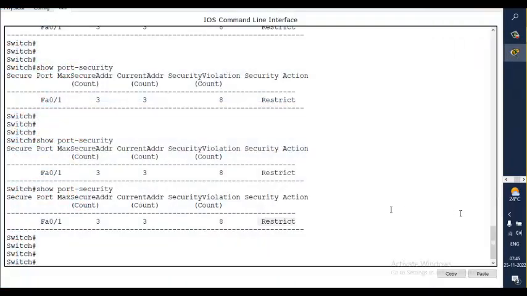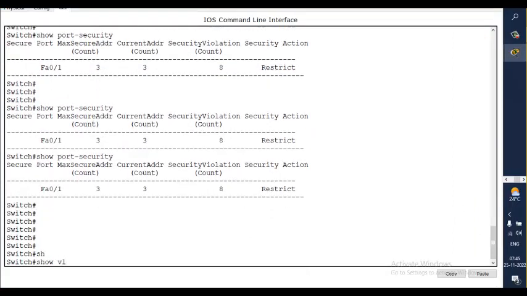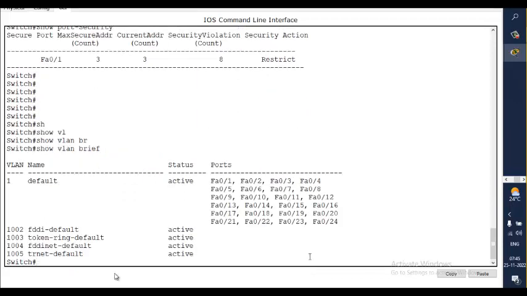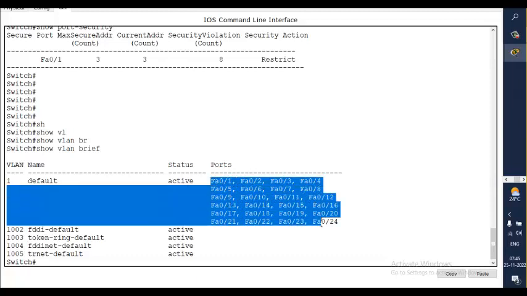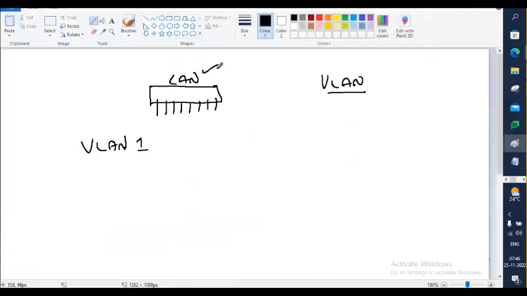Show VLAN brief. You see, there's a VLAN called 1 to which all the ports are members. So the physical switch is a LAN device. It's a LAN in which there is a virtual LAN created inside